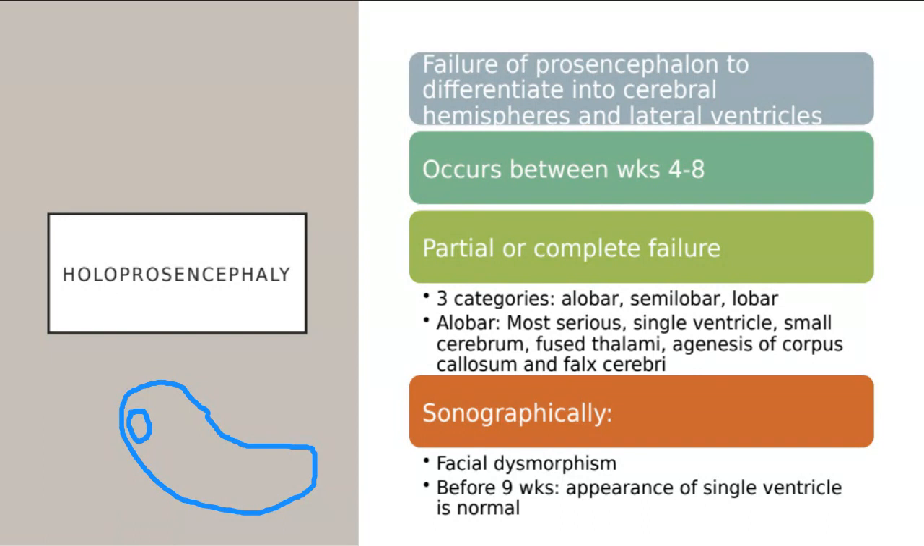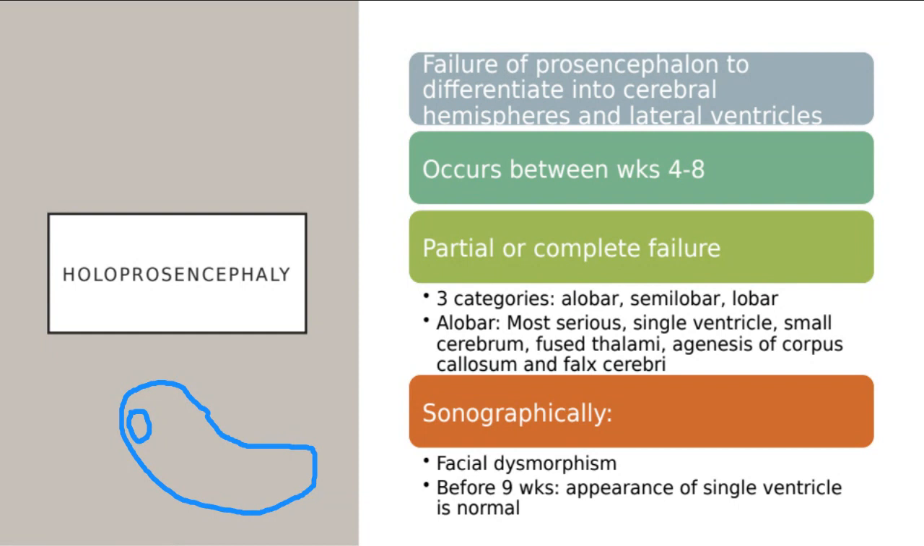Right? So we're going to have a single ventricle. We're going to have a very small cerebral tissue that is all clumped together in one. We're going to have a fused thalamus. Our thalamus is not going to be that beautiful butterfly shape on both sides of that falx. We're going to have the lack of the corpus callosum, and we're not going to see the falx cerebri, because